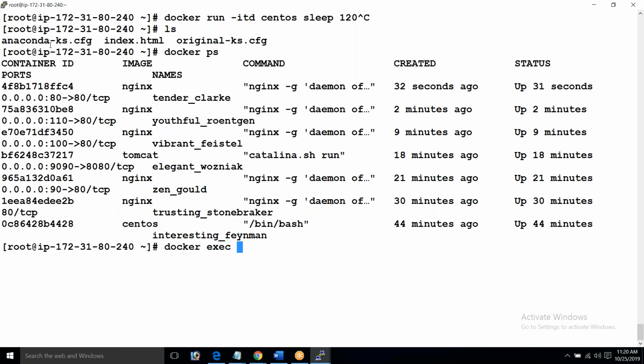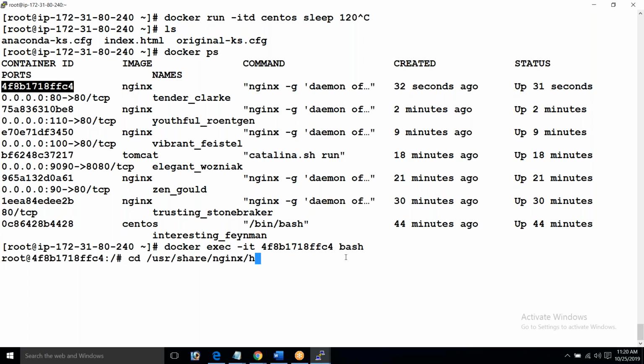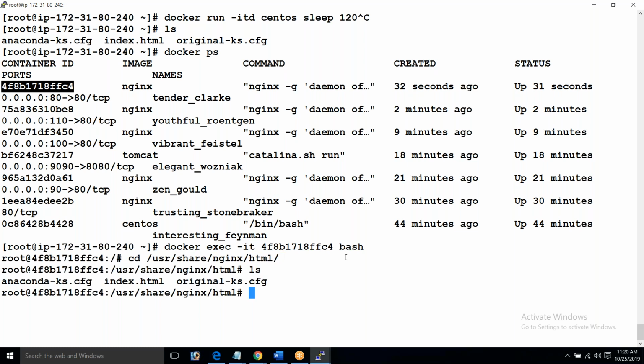Docker exec -it followed by the container name bash, cd /usr/share/nginx/html. Did you see this?